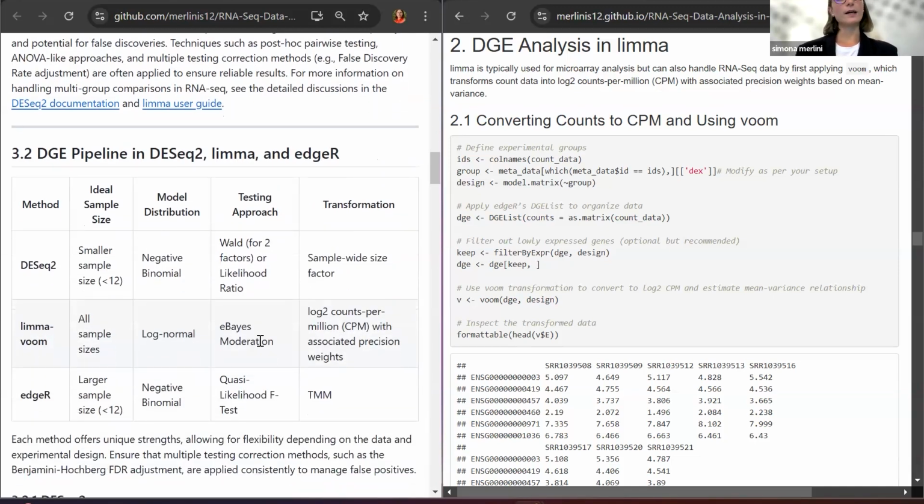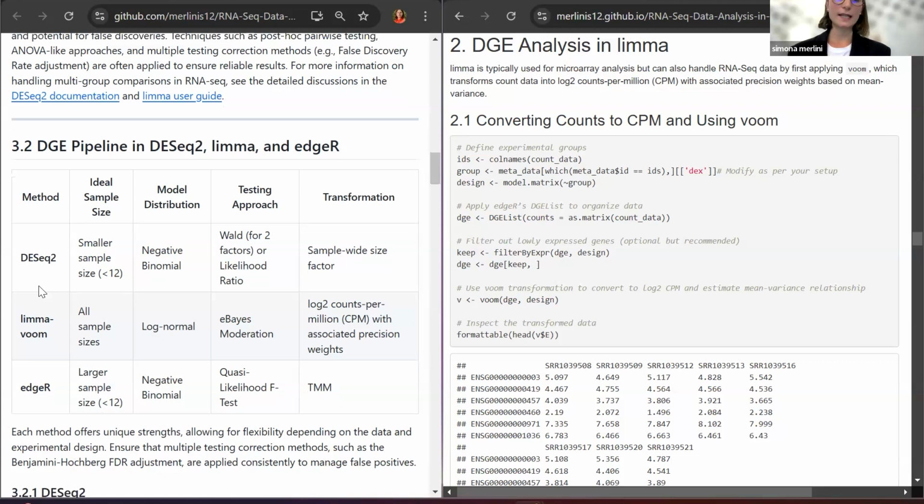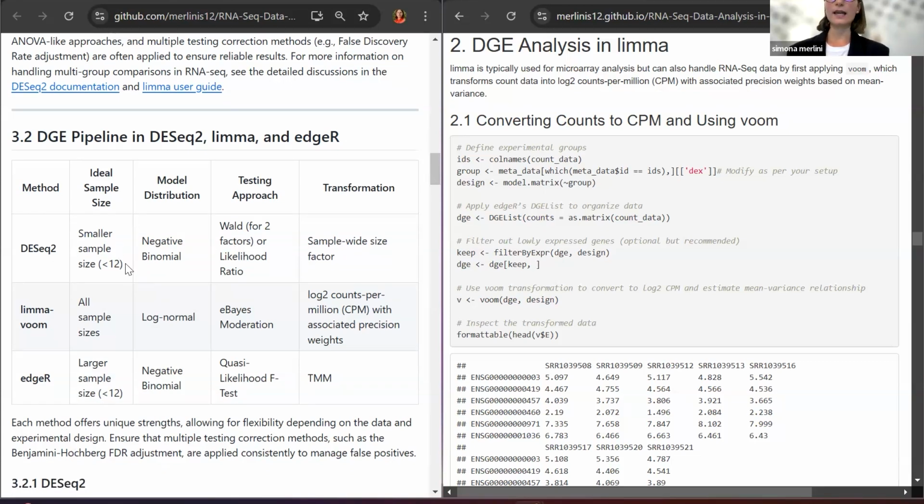And so overall, what is unique to each of these packages is how to use them based on the sample size of your data set, how they model the distribution of your data, which kind of statistical tests they're using, and which kind of transformation of the data they're applying. So for DESeq2, again, this is recommended for smaller sample size, usually lower than 12, and they model